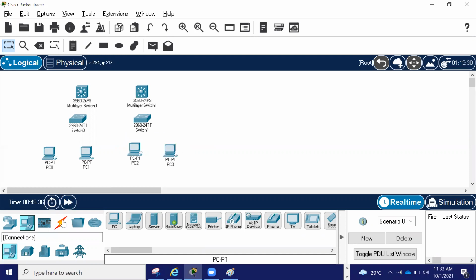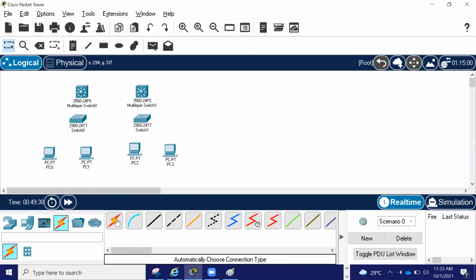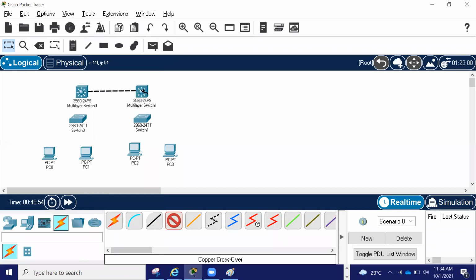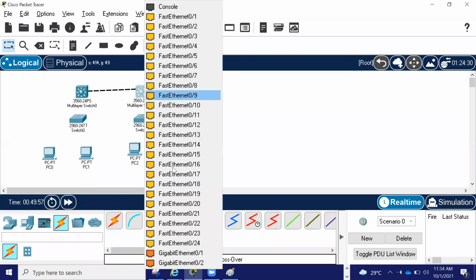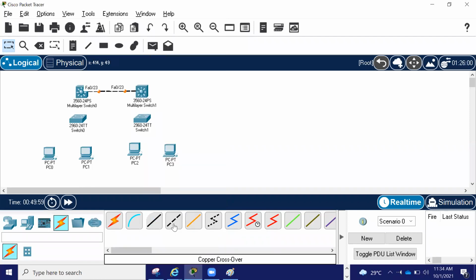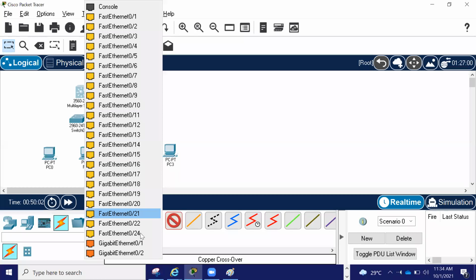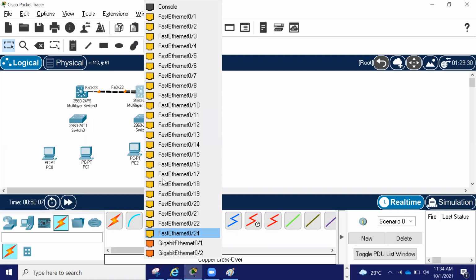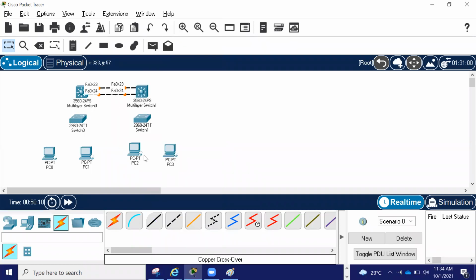Okay. Now, first let's connect them. Trunk. So first thing, this is called, we will call it core switch. So port 23 to 23, port 23 to 23 core switch, trunk. Then similarly here again, port 24 to 24 trunk. Okay. So remember STP will block there, so we need to make that port an EtherChannel.